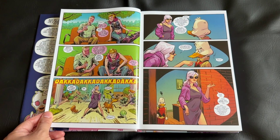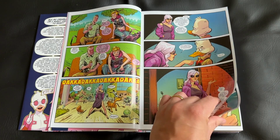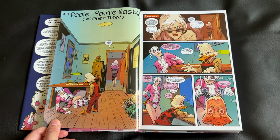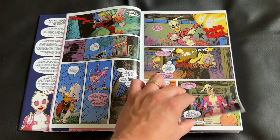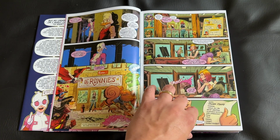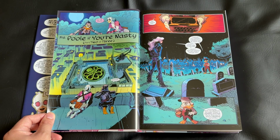Now, a note for those that have never read any Gwenpool content, you might be surprised to learn that Gwenpool is actually not at all related to Gwen Stacy or Deadpool as characters. No, she's entirely her own character, Gwendolyn Poole, with an E at the end, who is basically from our world, from the real world, where all of these other Marvel heroes and villains are all characters in comic books. For some